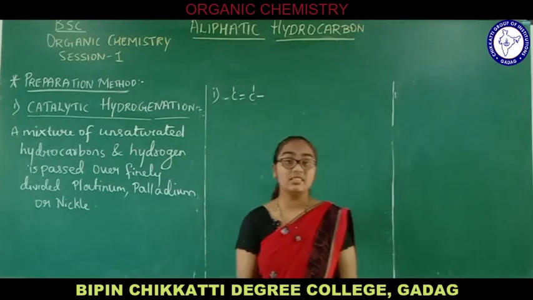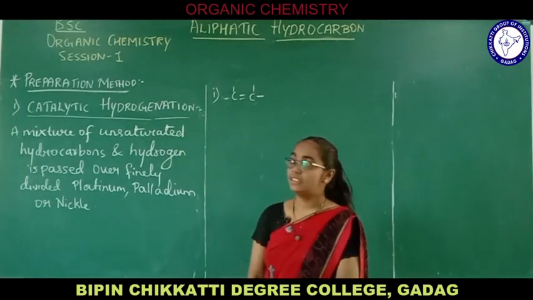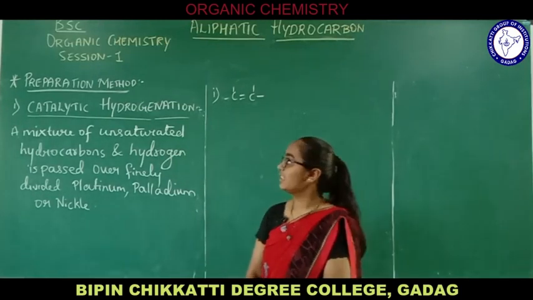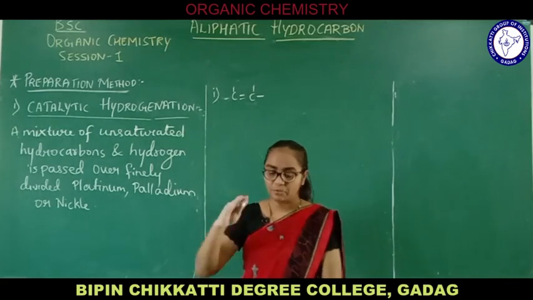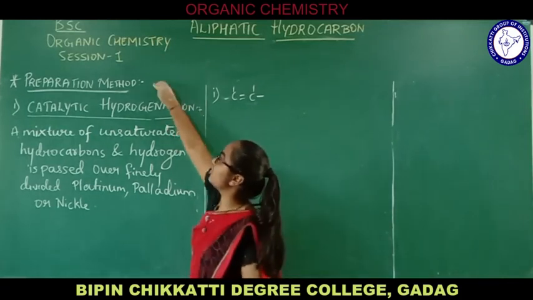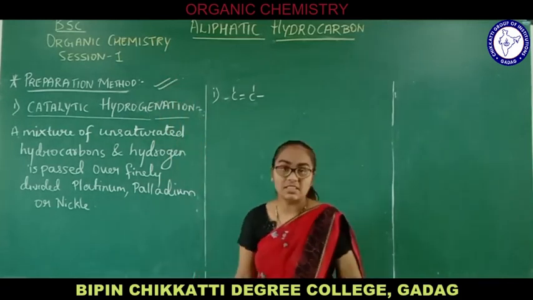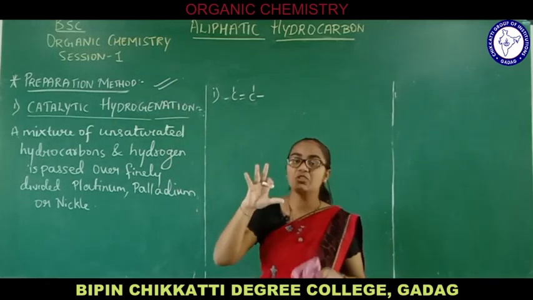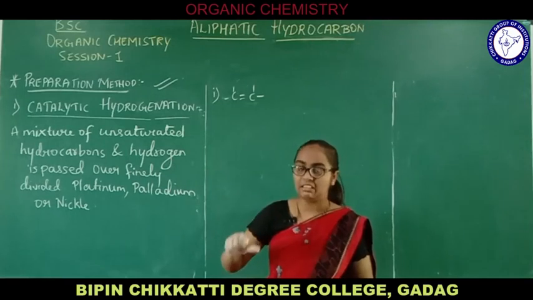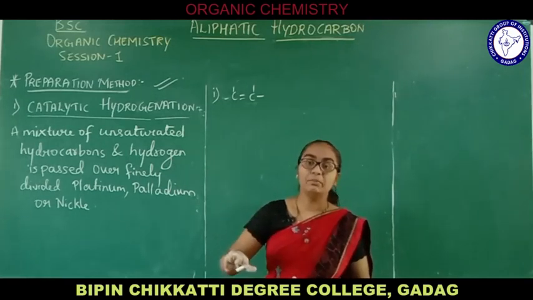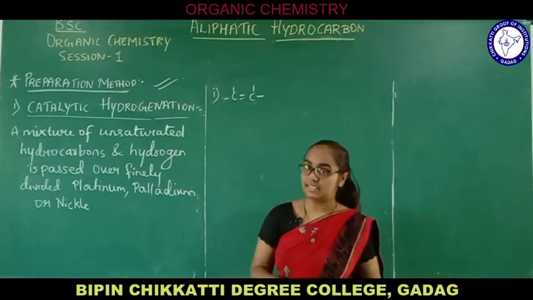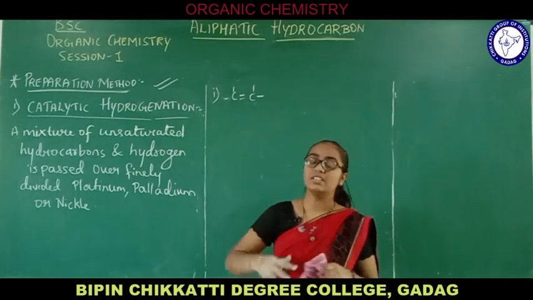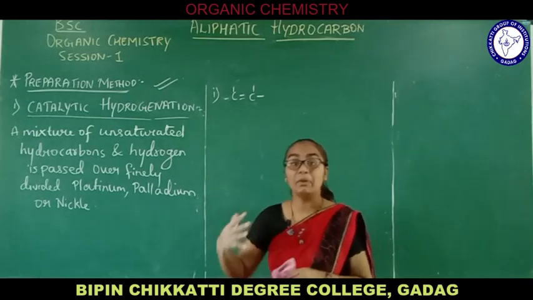Okay, now we are going to start with a new topic, and the name of the new topic is catalytic hydrogenation. From here we are going to study the preparation method. Now preparation method means what? Whatever 5 members of alkane you have studied up till now, called methane, ethane, propane, right, butane and pentane. So these are the 5 members. How will these 5 members get prepared